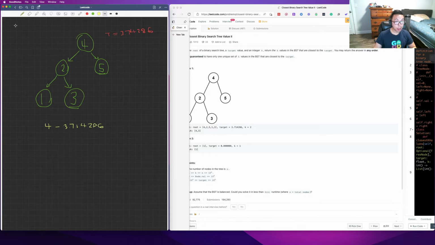So if we do that, what we're going to get is 4 minus 3.7 something is going to be, I believe, 1.714286, right? And then let's see number 2 minus